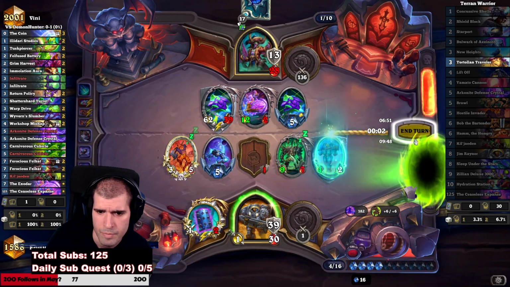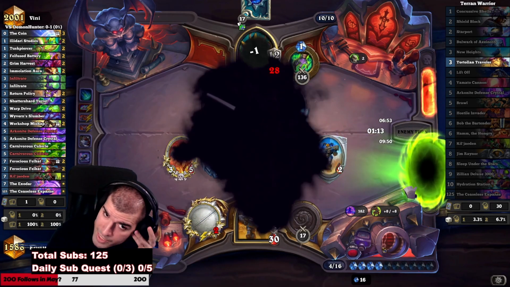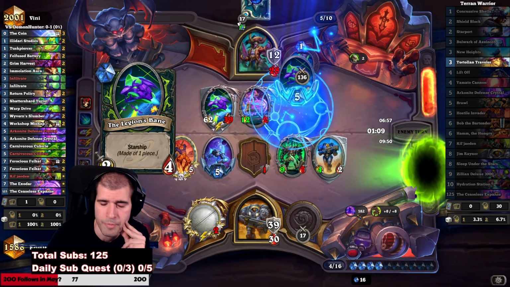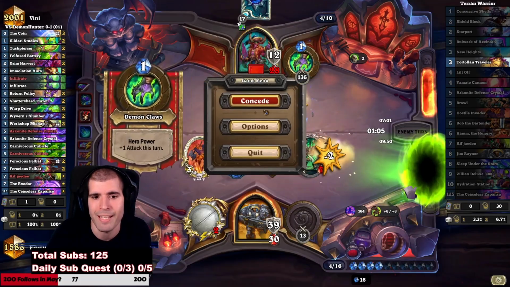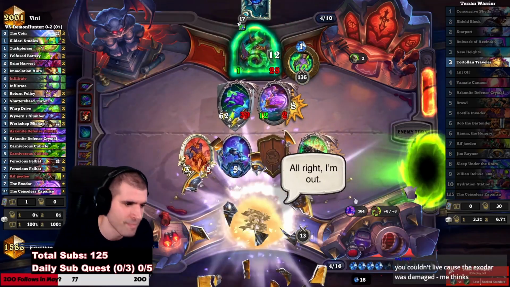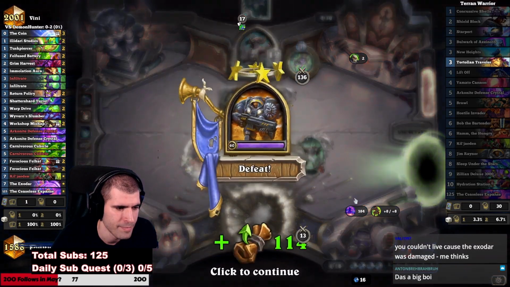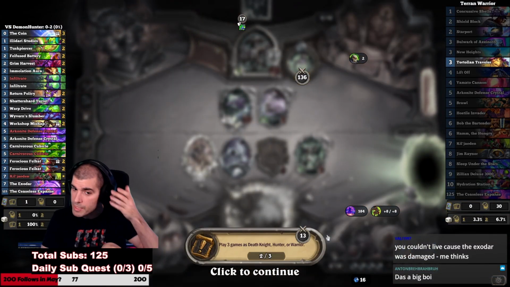You want a piece of me, boy? This way I'm giving myself one extra top deck potential. No, never mind. He launches that, gives him rush, fucks me over. Yeah, that was rigged, man. That was fucking rigged. I mean, that was never killing the Exodar. I was not pretending it was, but